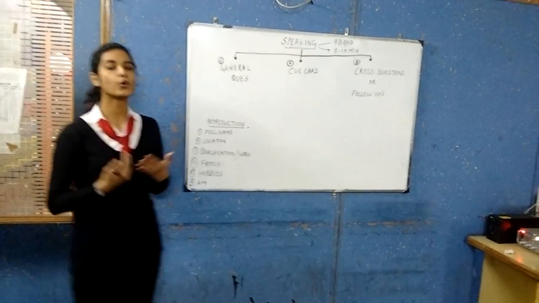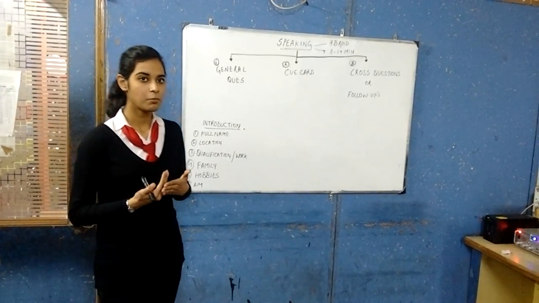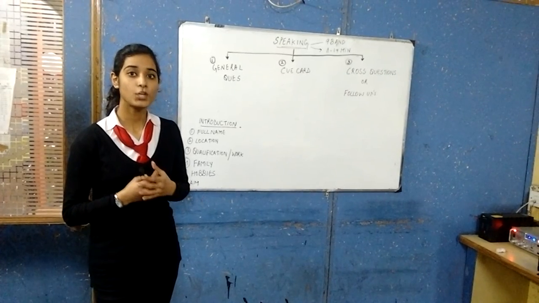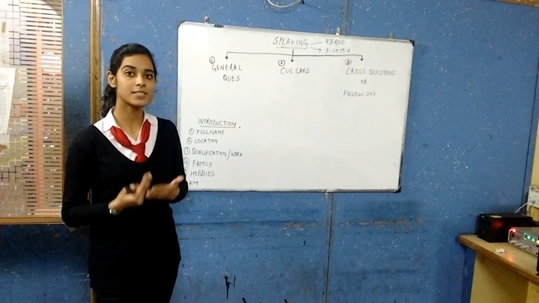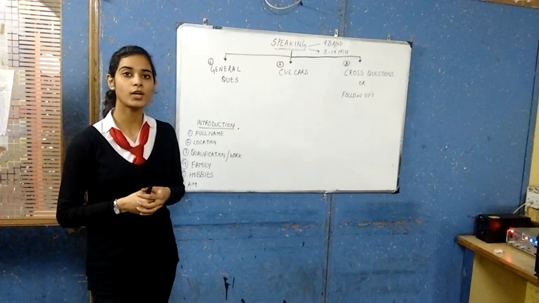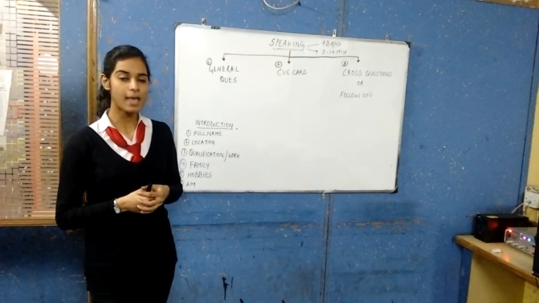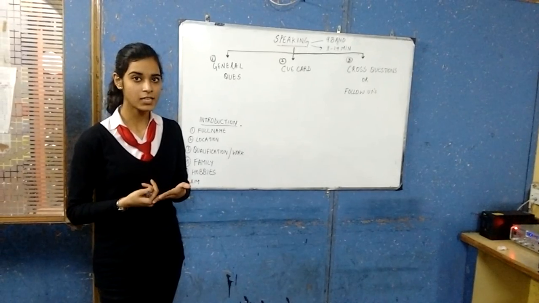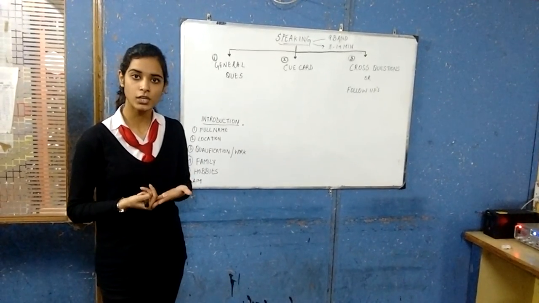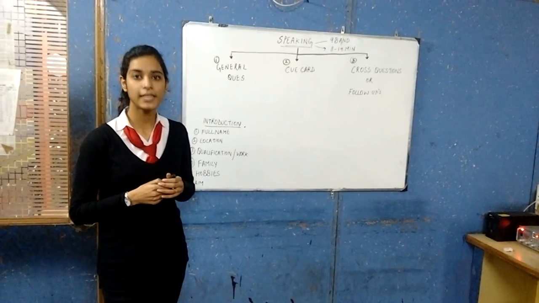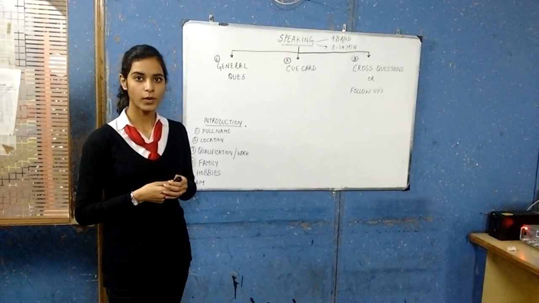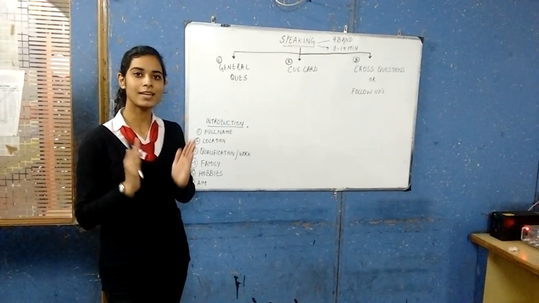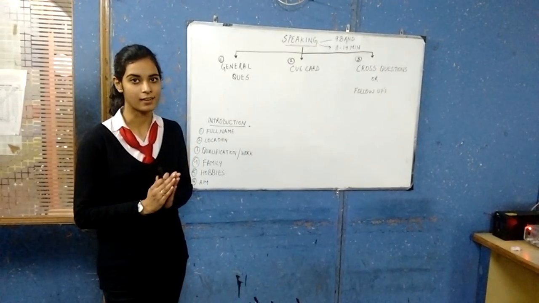You may also include your aim in your introduction. Means you can say that in your life, what you want to become. But don't just say that I want to become a successful person because it is not an aim. Try to tell the examiner that what sort of successful person you want to become. Like, I want to become a successful engineer, I want to become a successful teacher, just like that. Okay, this is a complete introduction and try to sum up your introduction in as less time as you can.